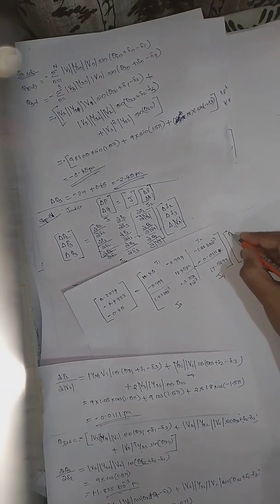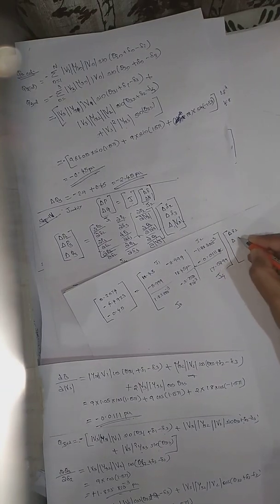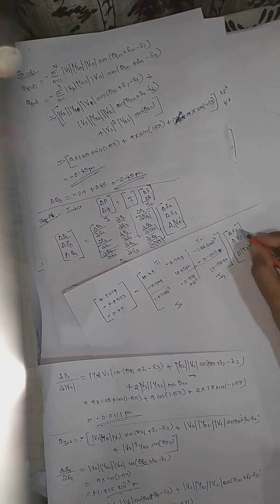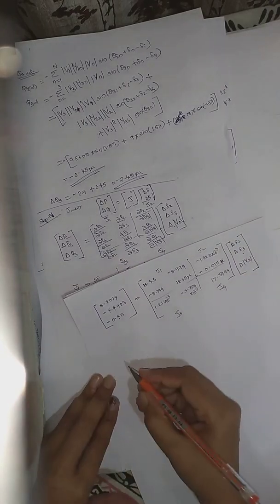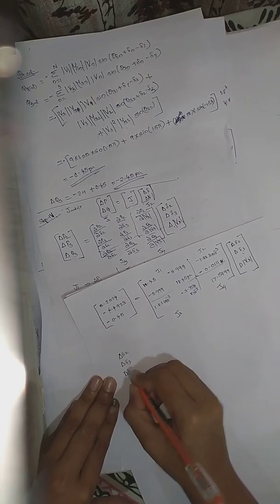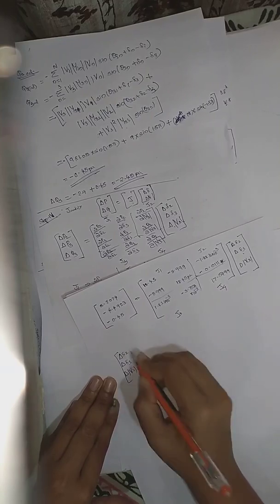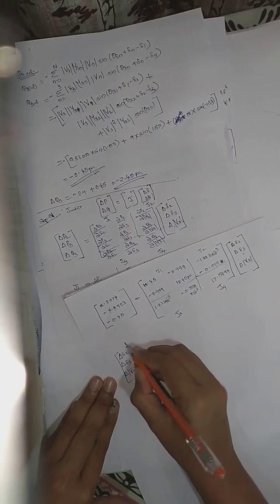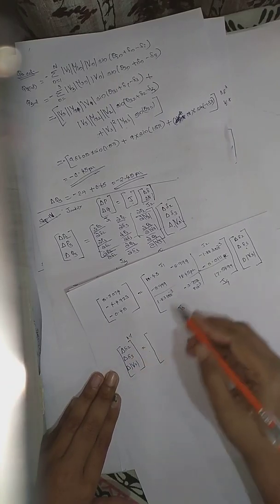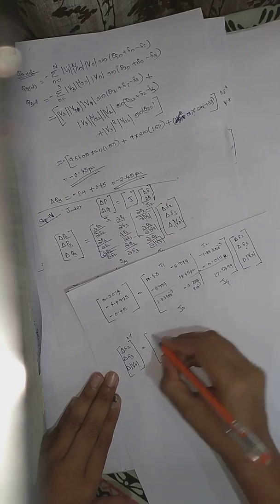This is very easy for us. So delta 2, delta 3 and delta V3, we have to find out these. For our first iteration, k is equal to 1, and we have to find these three values: delta 2, delta 3, delta V3. That is equal to the J inverse matrix